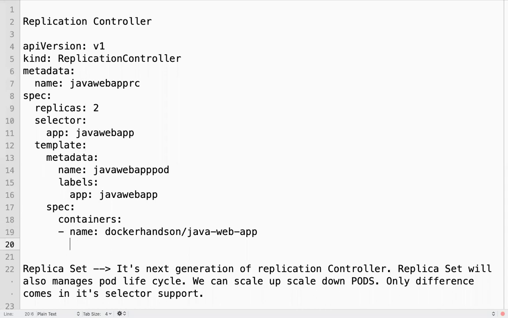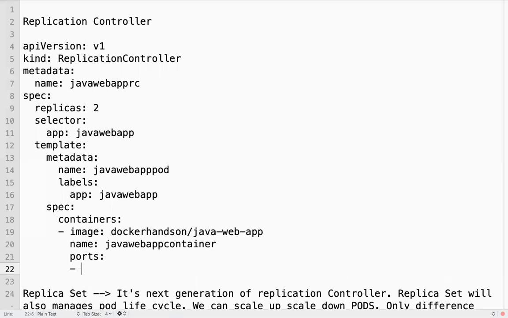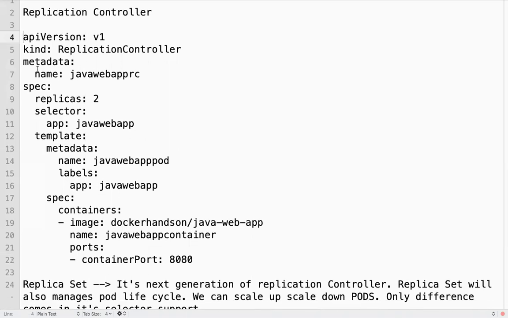So this is your replication controller, right?